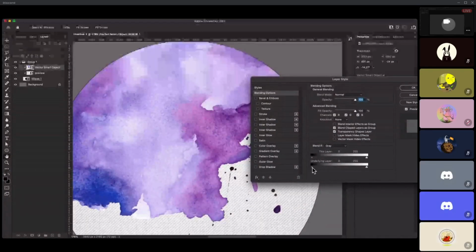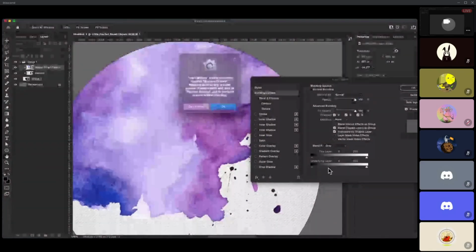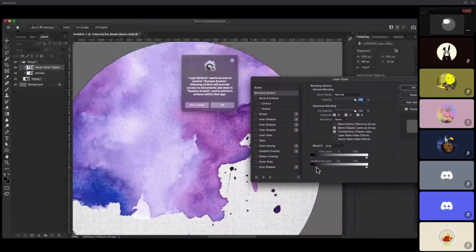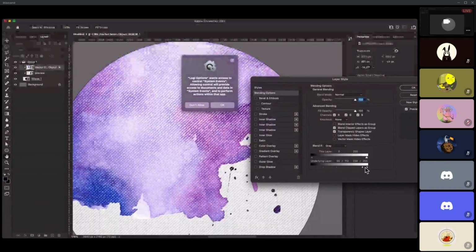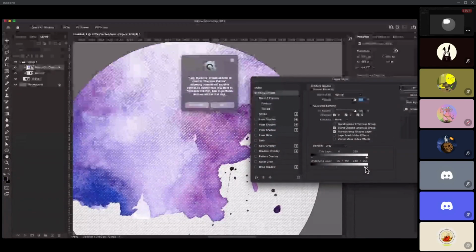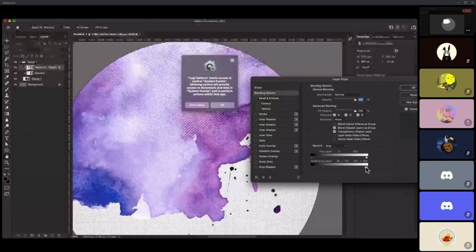So I click on this and I hold Alt while I'm slowly dragging it away. So I'm separating these triangles, yeah. Now you can see nothing is happening so far, but if I further move in, you can see some textures coming out. Same for here. So on the wider side of things, I just move a bit up here, like so.